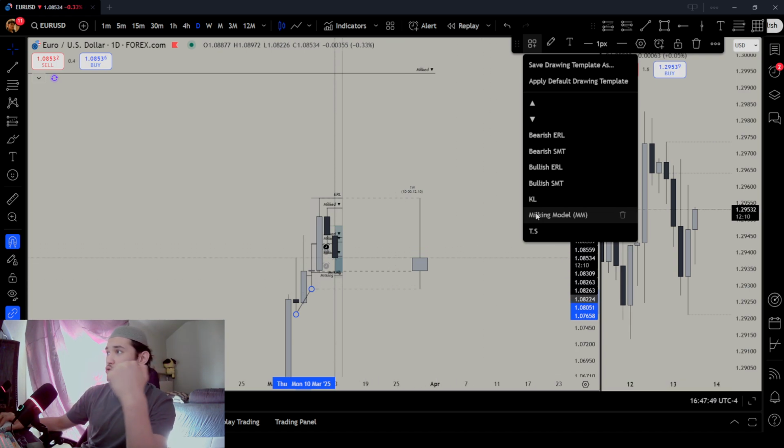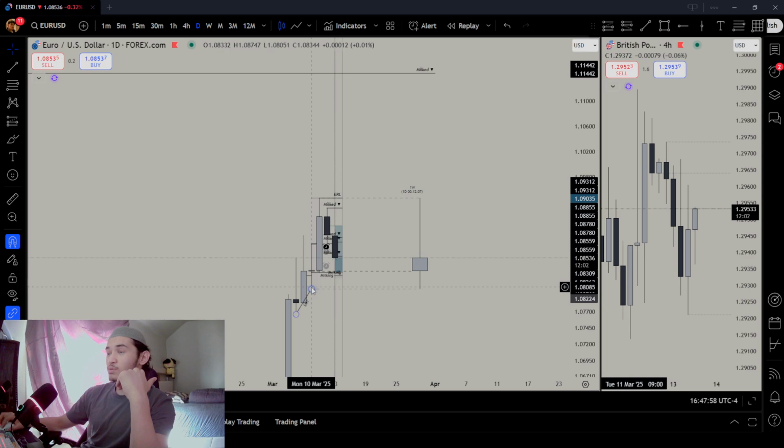It looked way too good to be true, right? So I took it, but I de-risked. The reason I de-risked, I will tell you guys right now, is that we have a bullish SMT divergence. We had a classic extreme profile to the upside.